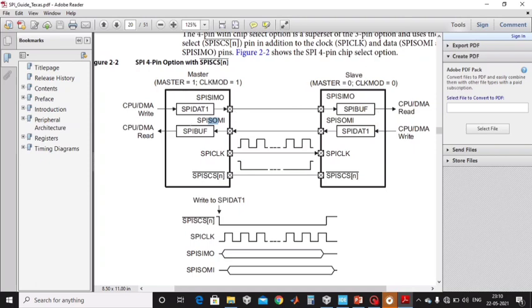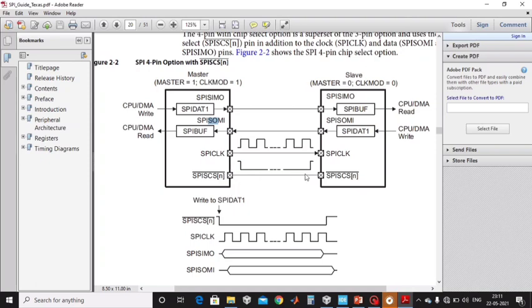Now suppose master wants to communicate with slave device 1. Whenever the master sends data on this channel, this master output channel, then this data will also be received by slave device 2. So how will we differentiate whether slave device 1 has to answer this request or slave device 2 has to answer this request? So the chip select pin helps in this case. There is another chip select pin on the master side.